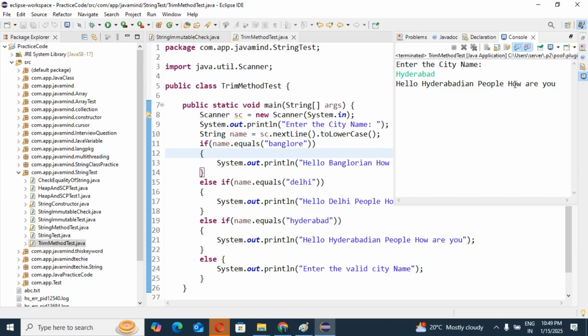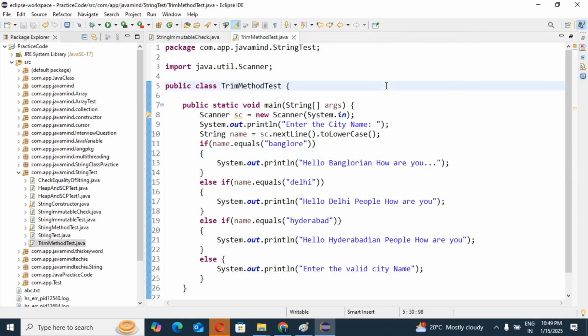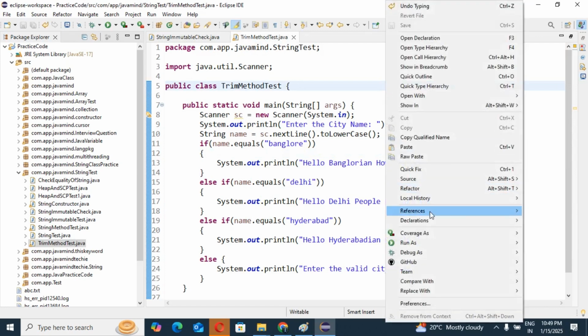Earlier we had an issue: when passing uppercase, it was saying enter the valid city name. Now that case-level issue is resolved. Whatever city you pass, the result will print as expected.